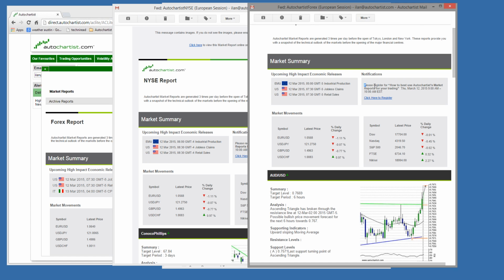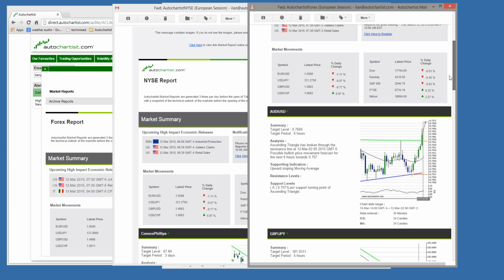Now, on the top right of the screen is a notifications panel. The notifications panel is a mechanism through which ourselves or your broker can communicate with you with important messages. So sometimes you'll get notifications about upcoming webinars. Sometimes you'll get notifications from your brokers about deposit bonuses or some kind of specials that they're running, product promotions. So mostly they're informational and not really that much sales stuff. So keep a casual eye on the notification section and see if there's anything of interest coming through for you every day.